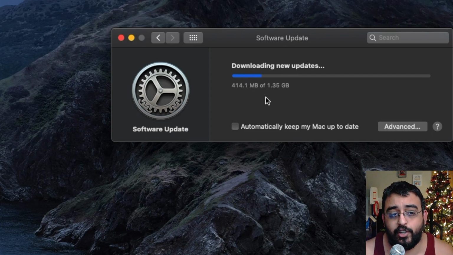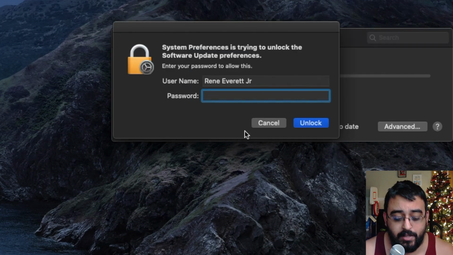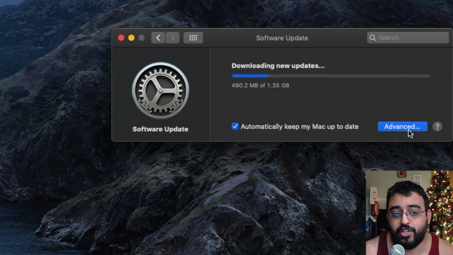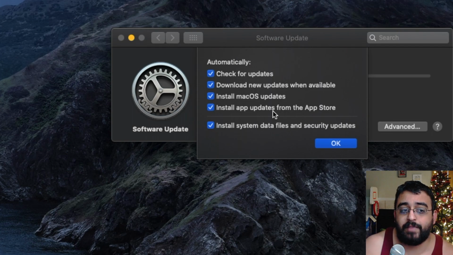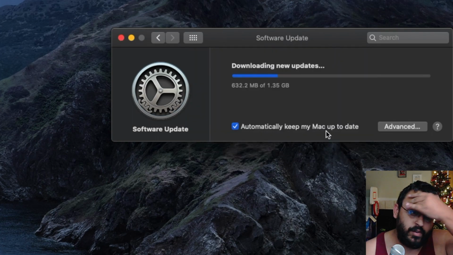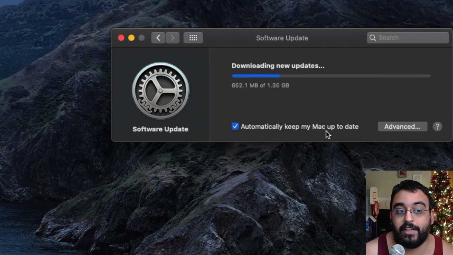Also, guys, here you have an option to automatically keep my Mac up to date. You could click that to have the Mac automatically update your machine for you. So it'll check for updates. It will download new updates when available. Install macOS updates. Install app updates from the App Store. Install system data files and security updates. This is a good feature to have if you don't want to worry about making sure your Mac is always